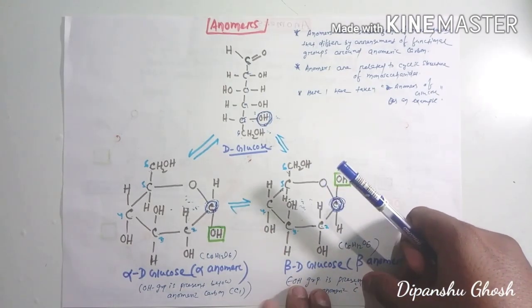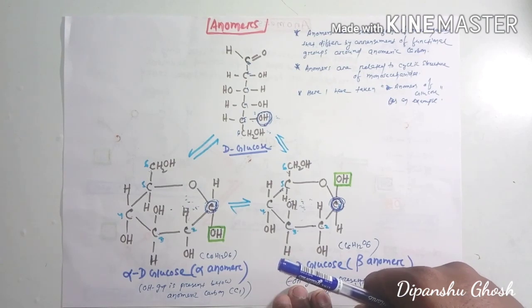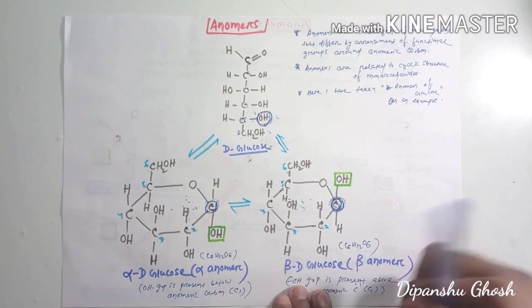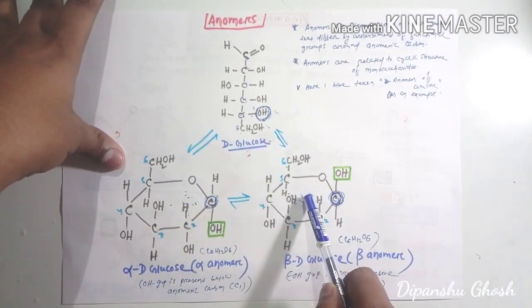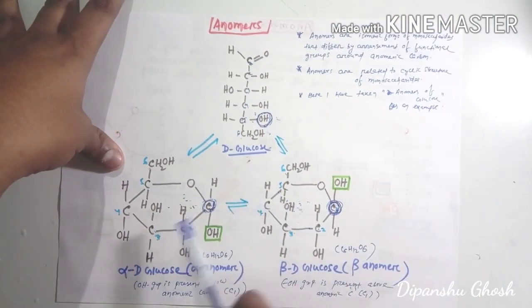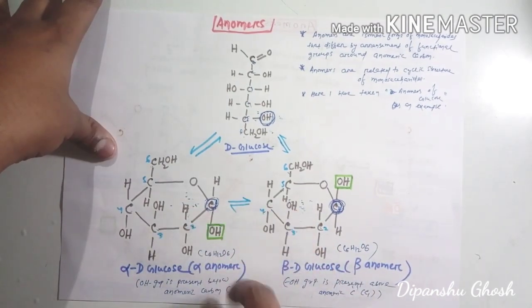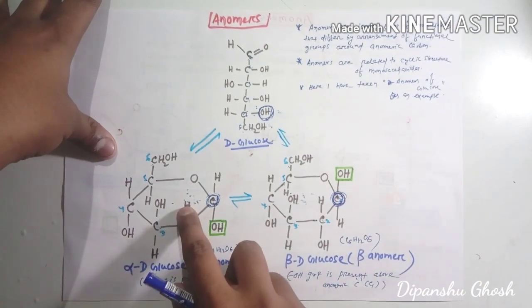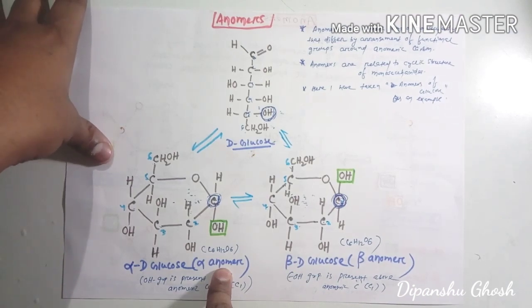Before we discuss this topic in detail, let's know what exactly the anomeric carbon is and where exactly it is present, right? You can see in these two cyclic structures of glucose molecule I have taken as an example, these two molecules are ring structures of glucose, and they are isomers to each other, meaning they have the same number of carbons, same number of hydrogens, everything, and the same molecular formula, that is C6H12O6, right?